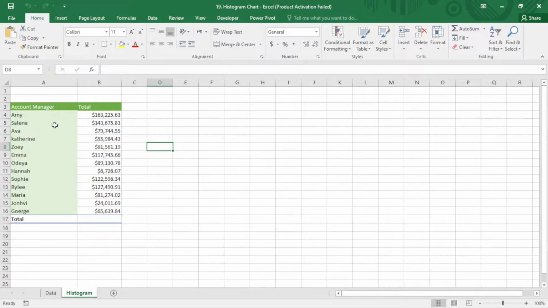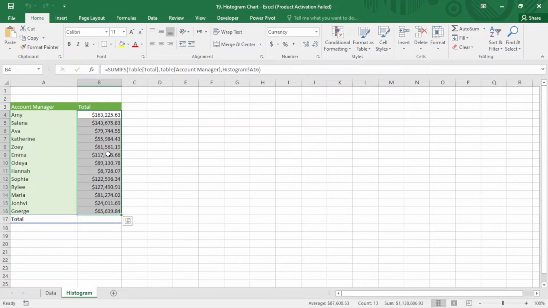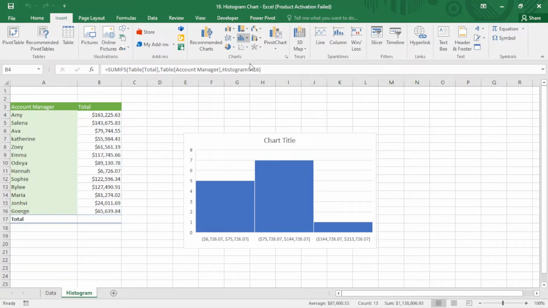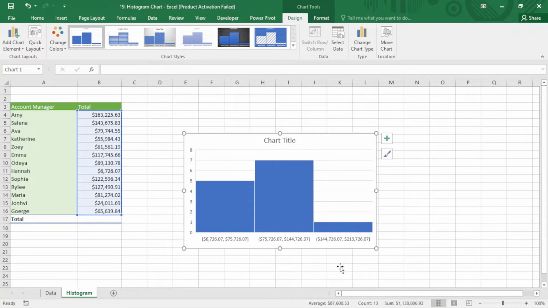So I just select this, after that I just come here to insert, and here I select this one. You can see I have divided in 3 categories. The lowest, you can see 5 people located here in lowest points, and here we have 7 value,